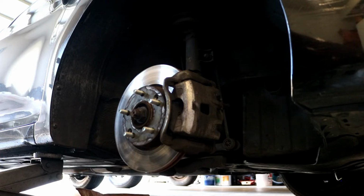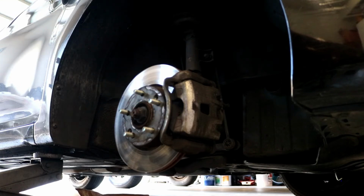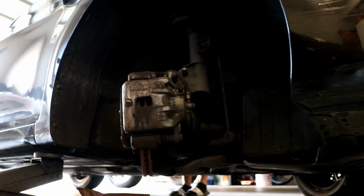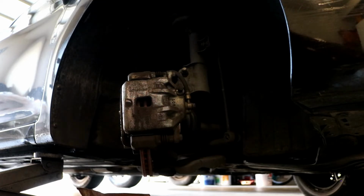You don't have to worry about putting a screw back in there if you do happen to strip it out. So I'm working on the passenger side of the car, so obviously I got it jacked up, put it on jack stands. What I like to do is to go inside and turn the key on and turn the wheel all the way to the right, so that way I can have good access to the caliper. So I'm gonna go ahead and do that now. Okay, now that you got the wheel turned all the way to the right,